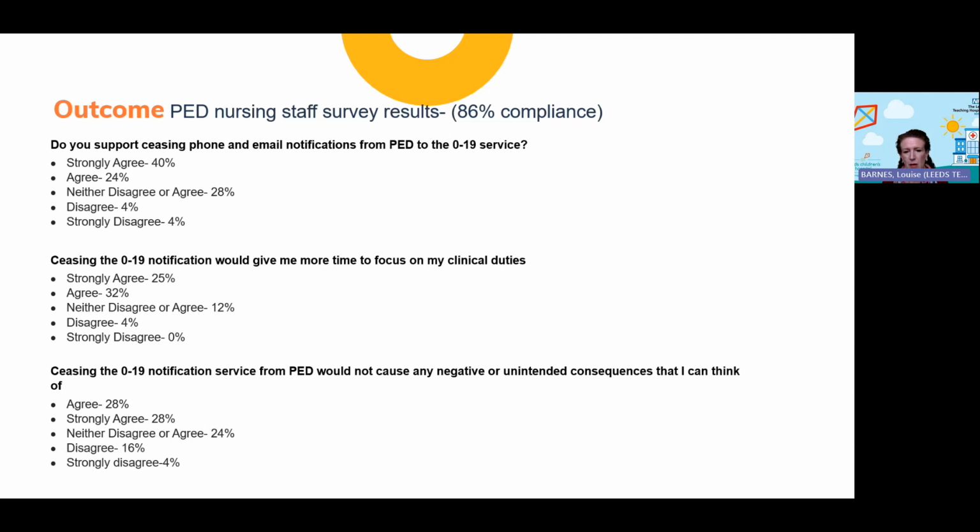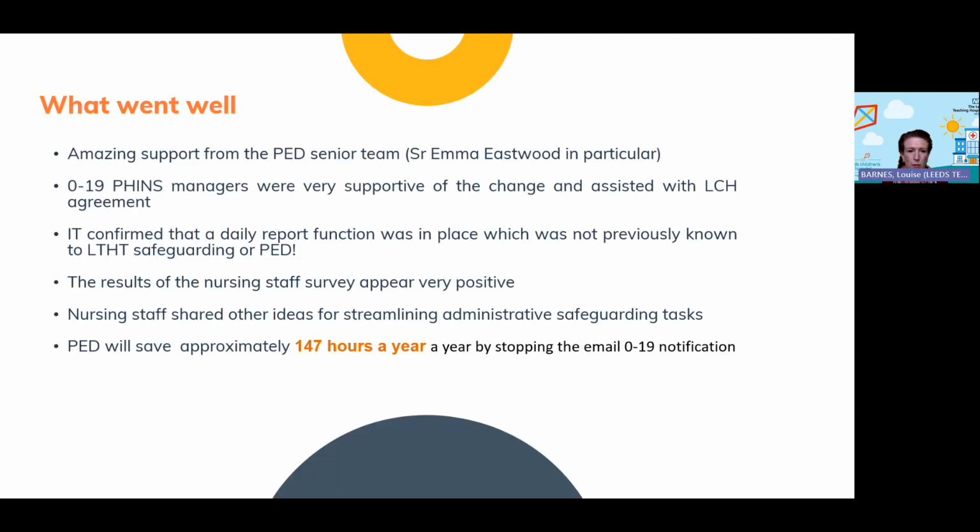And one person felt that it might cause unintended consequences. But when we talked it through with other people, they recognised that actually all the other checks are in place. So we had an amazing level of support from the senior PDD team. Emma Eastwood in particular was fantastic. She did all the surveys. She supported staff. We did lots of talking with people. The 0 to 19 team were really supportive as well, and they made sure that we had that high level agreement about what was happening there. The IT team were great. They showed us their daily report that they send out, and we didn't actually know that they were doing that until we started doing this process. So that was an additional level. That's really good because they were already doing it. And the nursing